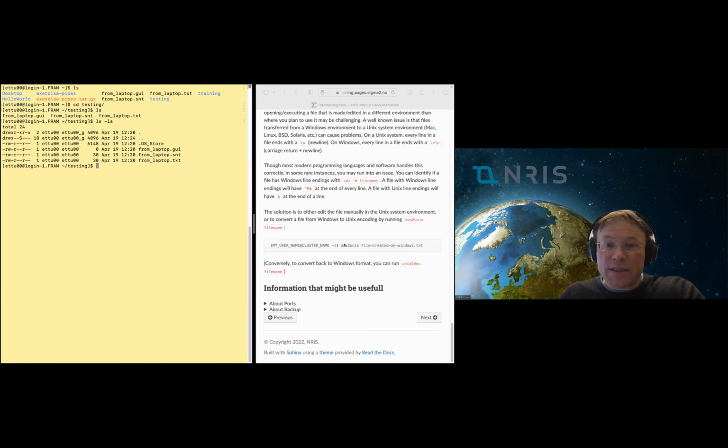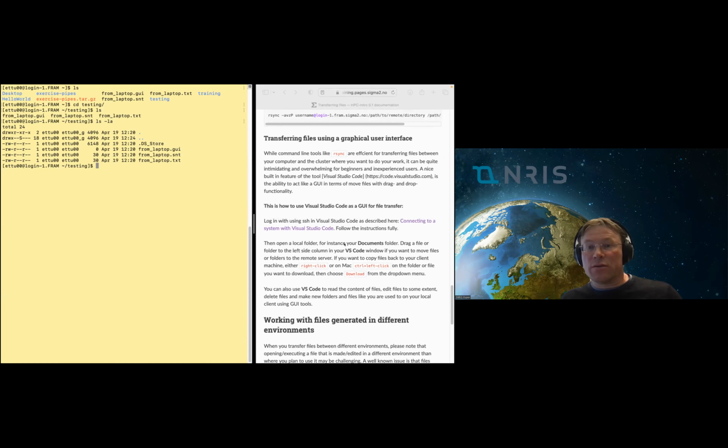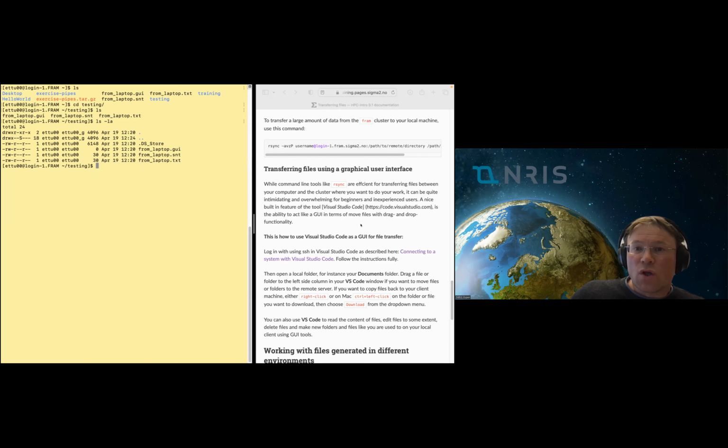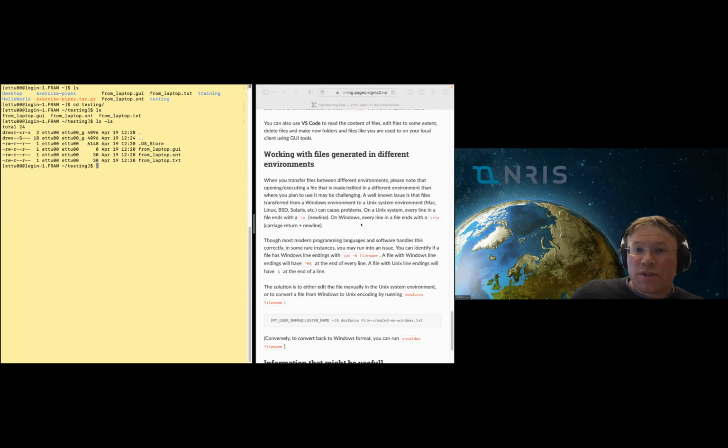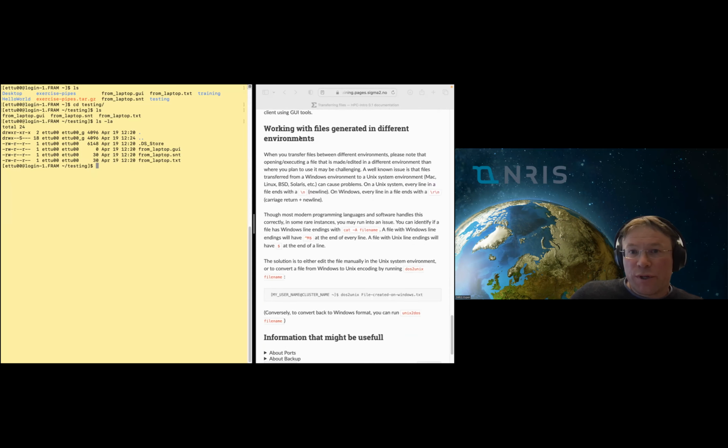But before that, as I said in the previous session, transferring files using a graphical user interface, I'll look at it at the end or during the take-it-part of the exercise session. But there is an important note about working with files generated in different environments, which I just want to say, and that is